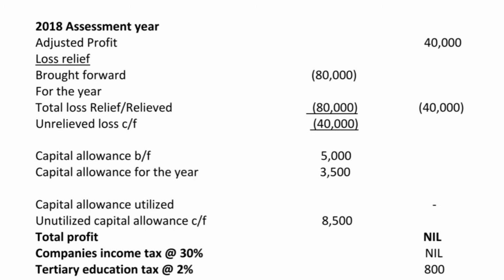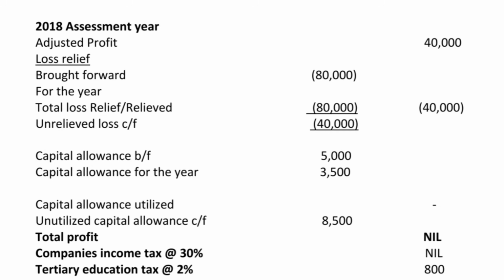Okay, now you move to your capital allowance. Capital allowance brought forward is 5,000. Remember, from previous year. Now your capital allowance for the year, that 2018 year of assessment, is 3,500. You can't relieve anything, right? Because loss has already swallowed the whole 40,000 profit. So you can't utilize that, or you can't charge that capital allowance against anything. So you carry it forward. Okay, so you have 8,500 to carry forward in terms of capital allowance, and in terms of loss you have